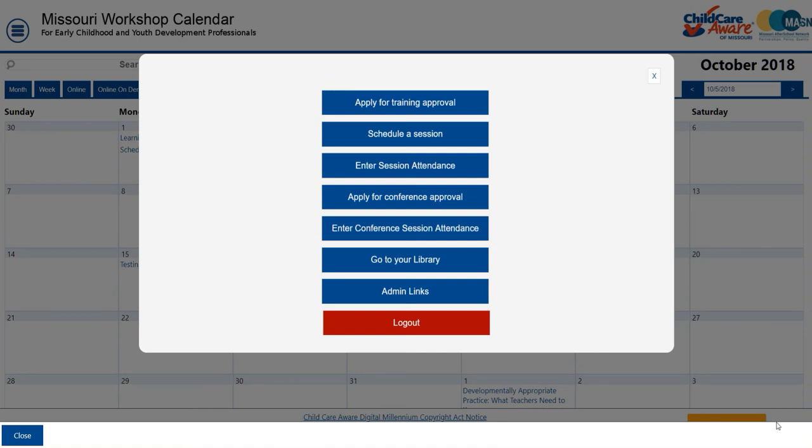How to enter attendance manually on the Missouri Workshop Calendar. Okay, so after you get logged in, you're going to see the menu in front of you, and we're going to want to go to the third button that is titled Enter Session Attendance. Okay, from here,